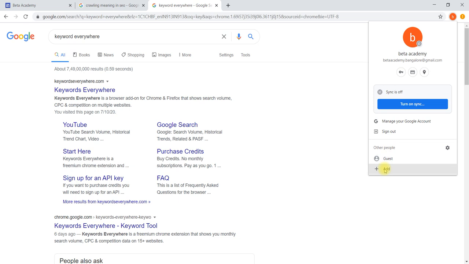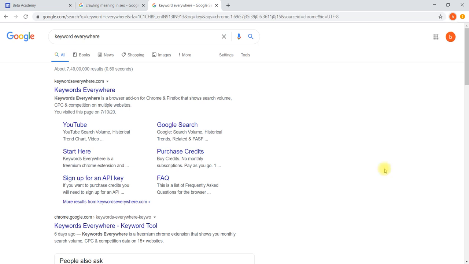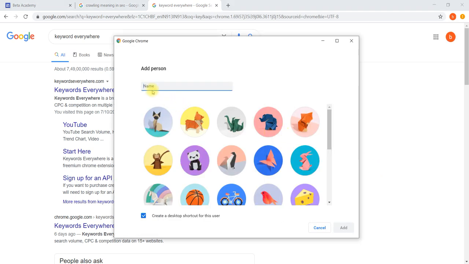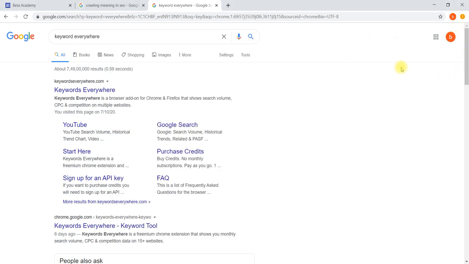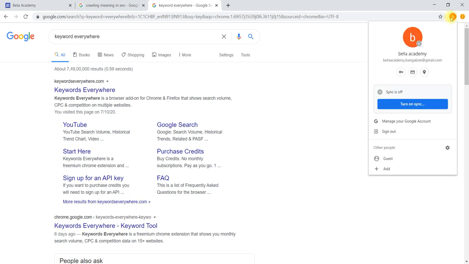We have to add an account here. We have to give a name for the account and add it. If you have added an account, then you will be able to install Keyword Everywhere. Just check that, and if it is not added, click on that guest and add the account.